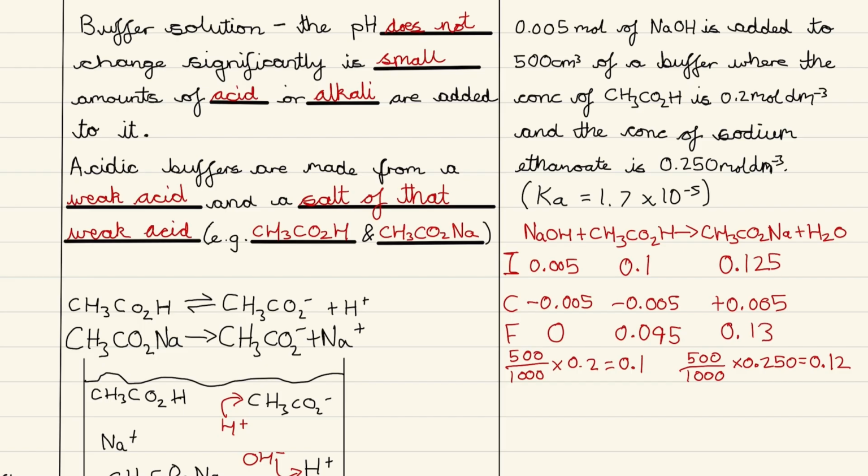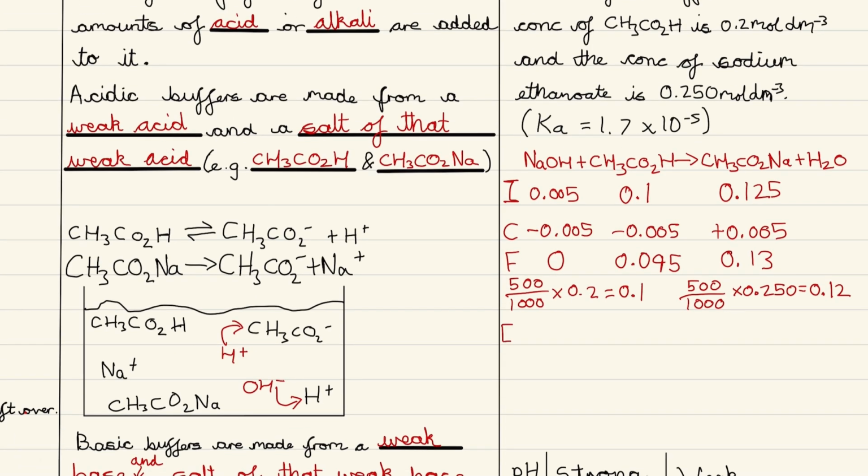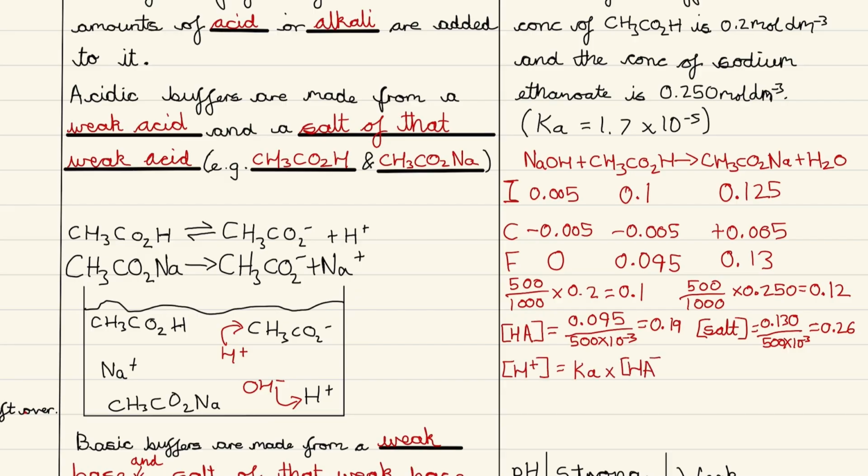And then from here we can work out the moles we have after everything reacts. And then from here I can work out the concentration of the acid and the sodium ethanoate, which is... and then we can rearrange the Ka expression to work out H+, which is... And then we can minus log this H+ concentration to work out pH, which is